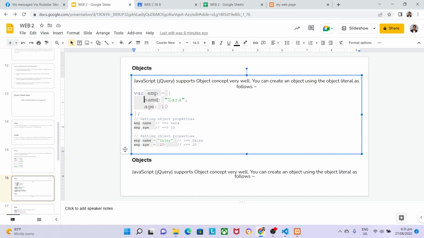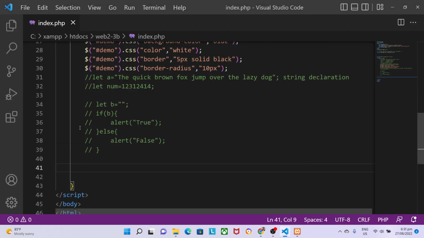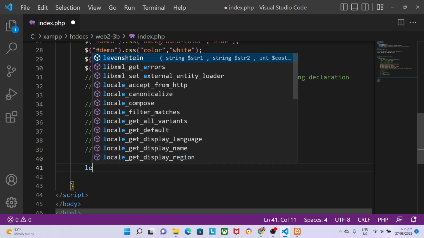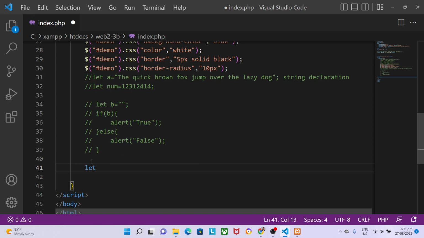So the name holds the value. This is the holder of the value and then the right side is the value that you're going to put. Okay, so let's have an example. I'm going to put let, I won't use var. So let man equals